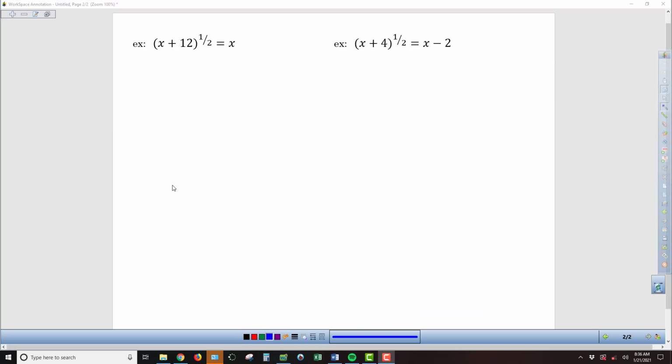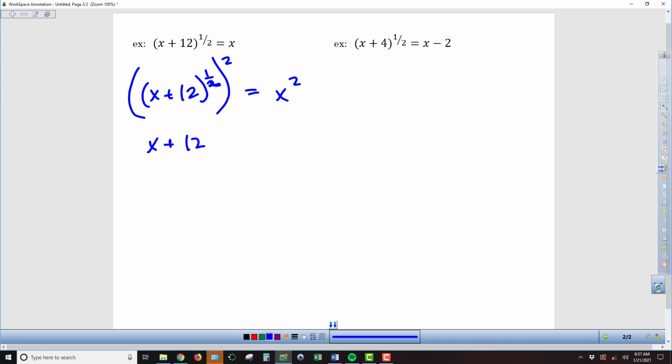So in the next example, we have a very similar circumstance where we have a set of parentheses being raised to a fractional exponent. So I'm going to take that side, x plus 12 to the 1/2, and then I'm going to raise it to the reciprocal of 1/2, so I'm going to end up raising it to the 2/1, or just squaring both sides. So on this other side, I get x squared. So now, when I multiply 1/2 times 2, I get 1. So I get x plus 12 to the first, or just x plus 12, equals